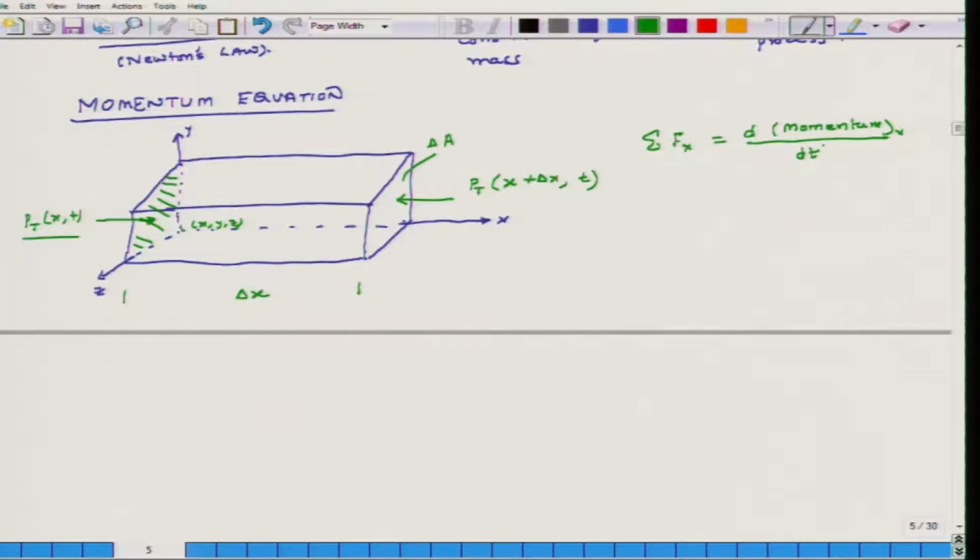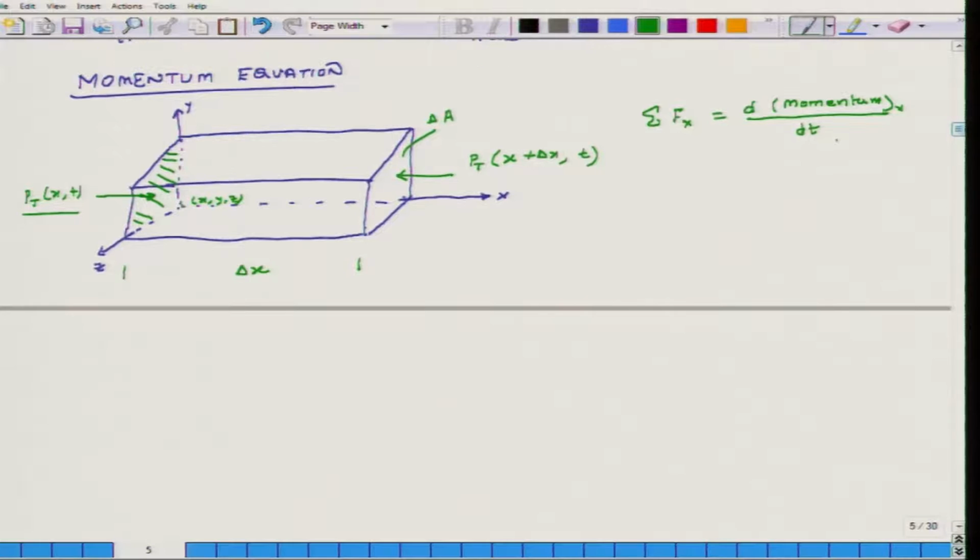Rate of change of momentum in x direction with respect to time is equal to the external force on the body. So, I am going to develop this expression further. So, sum of forces equals,